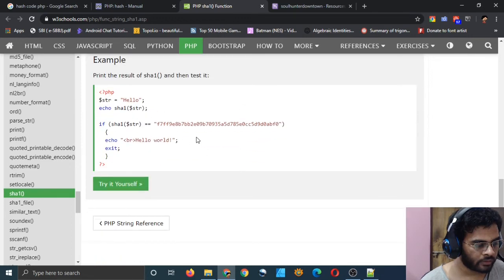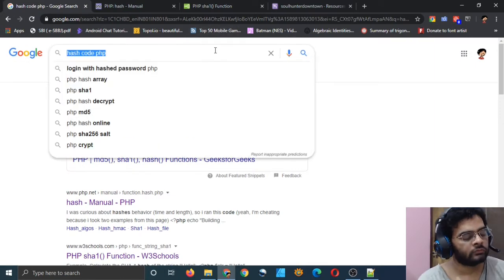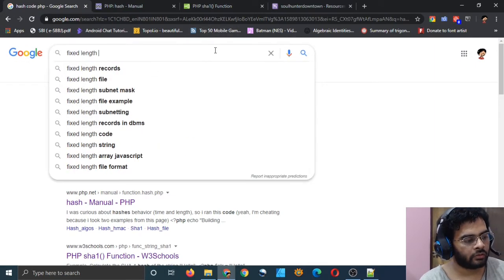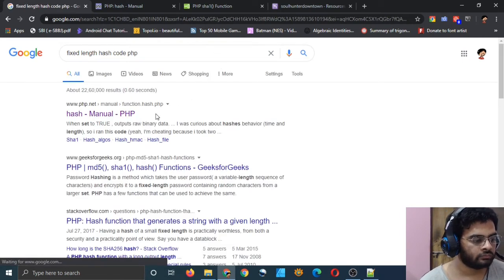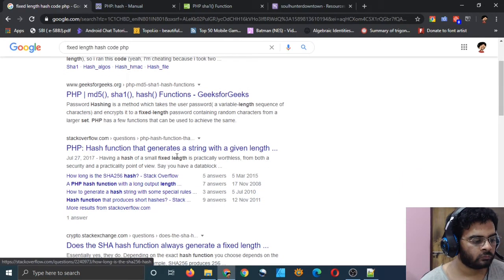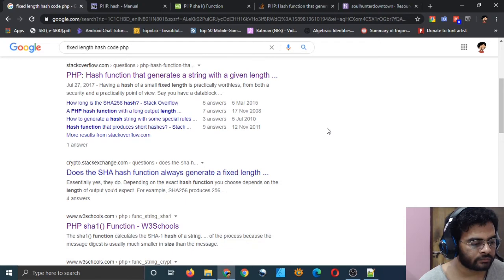I cannot fix the length of the hash code. Fix the length of hash code PHP. Oh yeah, this Stack Overflow question is there. Let me see if there is an answer to that.